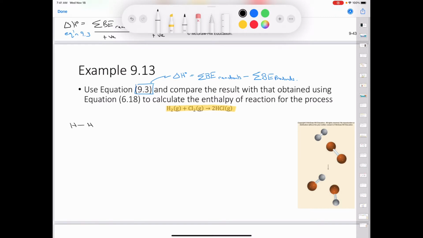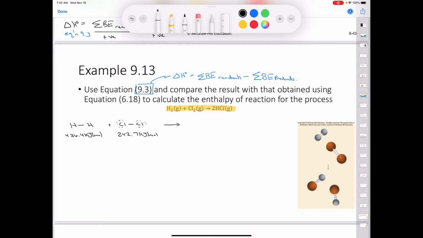in the gas phase. And when we look up the bond enthalpy for the H2 bond, we see that it's 436.4 kilojoules per mole. That means it takes that much energy, 436.4 kilojoules, to break all the bonds in 1 mole of H2 in the gaseous phase. So if I look up the bond enthalpy for Cl2, and we'll write out the Lewis structure for that because we need to break the bond between the 2 chlorine atoms, we see that it's 242.7 kilojoules per mole, and